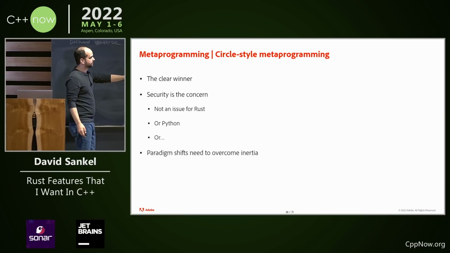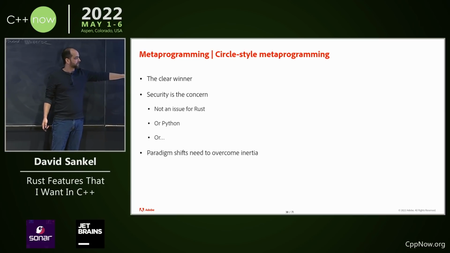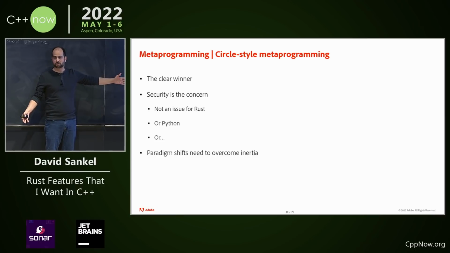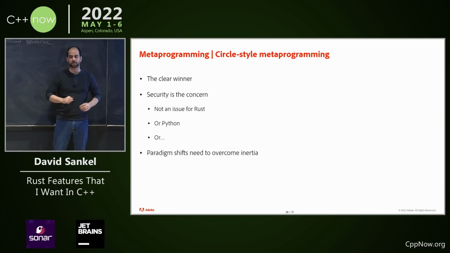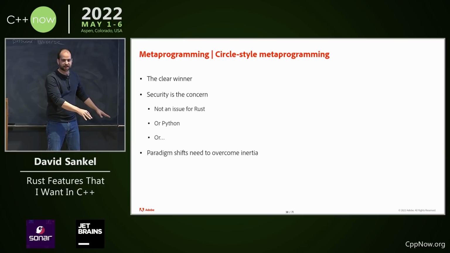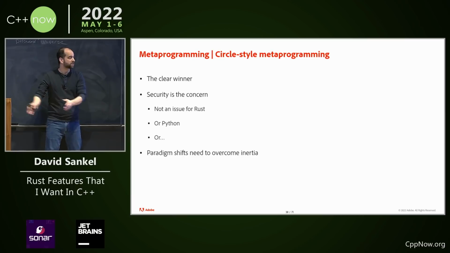The reality here is a big paradigm shift needs to overcome serious inertia, right? And C++ has a lot of inertia. Now we could continue fighting the battle and say like, hey, we want something like circle metaprogramming so that we can have this power. We can try to push that and get that turned over, but given the state where it is now, where it's completely and utterly rejected, and where we need to be to where we have consensus, that could take years. It's a lot of effort, a lot of papers, and all that kind of stuff, and there's no guarantee of success. So who wants to take up that battle?